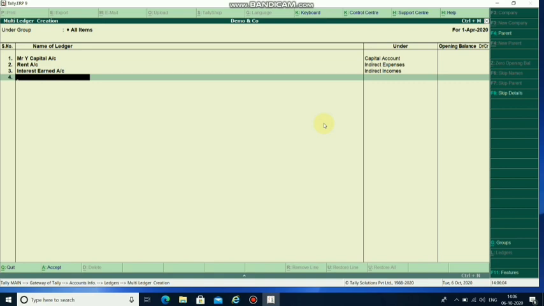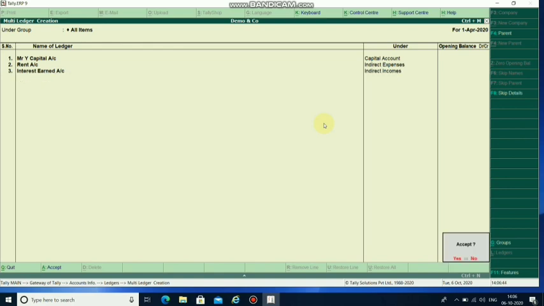The difference is very simple. The single ledger method allows us to set more additional settings and choose extra options like address details, bank details, and the inventory option yes or no. All such additional settings are visible in single ledger creation, whereas in multiple ledger creation we can simply give the name of the ledger, its under group and opening balance. Anything else it will not ask. Simply go ahead and create all the ledgers required for our problem and hit enter.